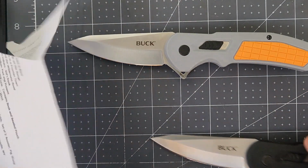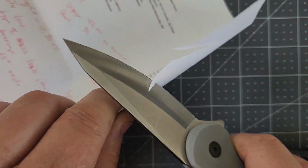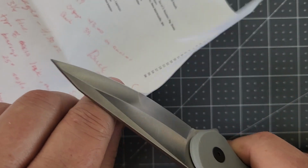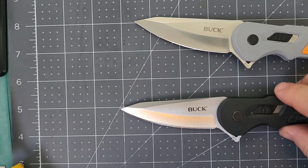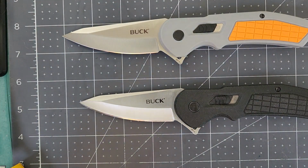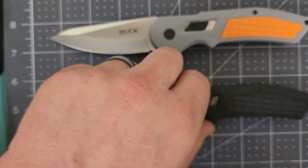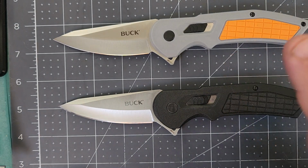I don't even know if I had that on film, that I was showing you it cut. See, I'll show you. This is a factory edge. It comes pretty sharp. It's not hair shaving sharp, but it's pretty daggone sharp for the $23 I paid for it. $40 might be on the higher side. I don't know. It might be a little too much, but